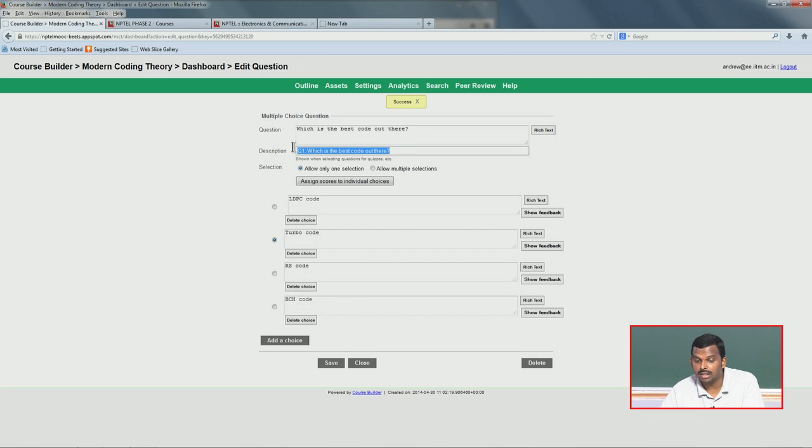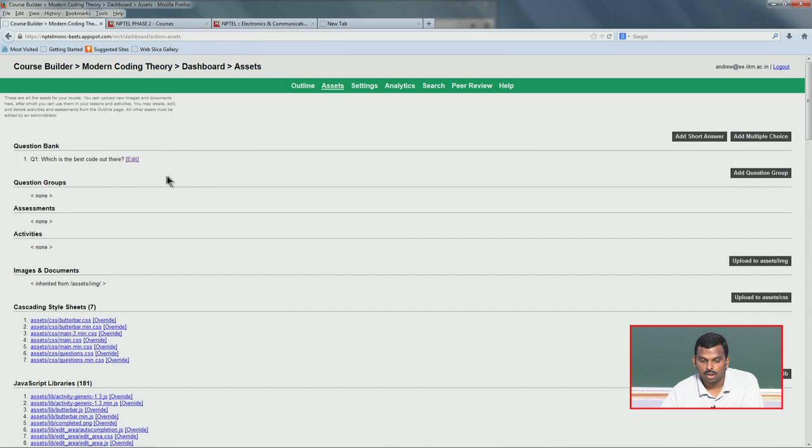The description is what will show up when you go back to this page. If you close here, it says abandon all changes, abandon it. You go here, and this is what came in the description place. Whatever you put in description comes here, so that it will help you identify the question later. So you should put a very detailed description. Like I said, I would suggest just cutting and pasting the entire question with some number here to help you.